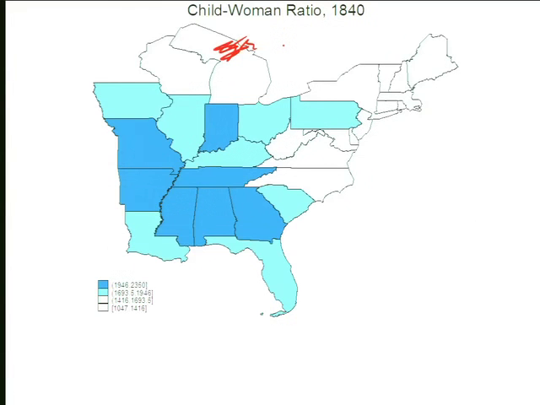So the lighter the shade, the lower the fertility, the higher the shade, the higher the fertility as measured by the child-woman ratio. So again, you can see that the relatively high fertility states are the darkest of the blue, the relatively low fertility states are the lightest of the blue. We get the same pattern, which is low fertility in the New England region and relatively high fertility throughout the South and in the Midwest, what we would now call the Midwest states. The other thing that's interesting is that fertility rates have been declining pretty continuously, with the exception of the baby boom, for over 200 years.